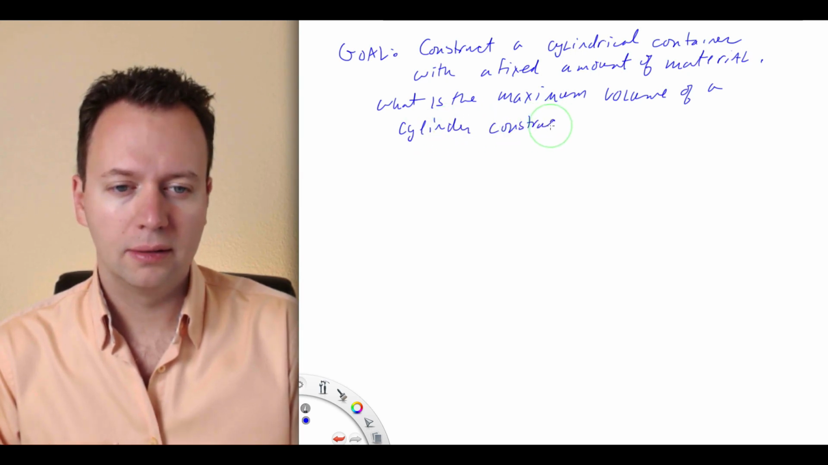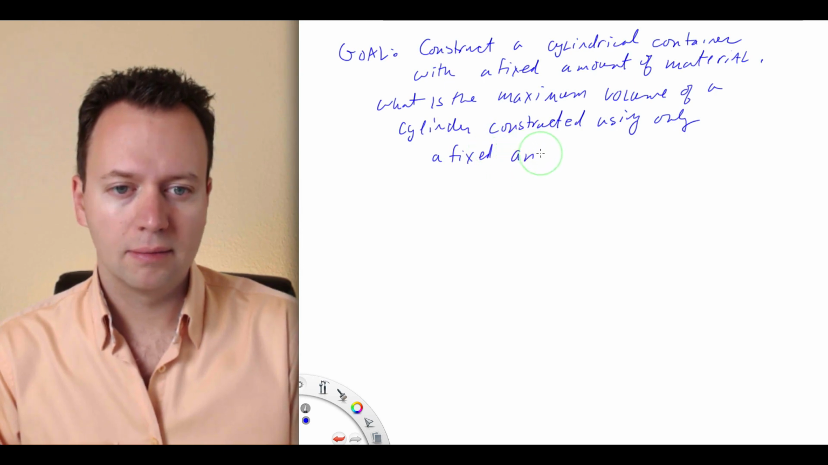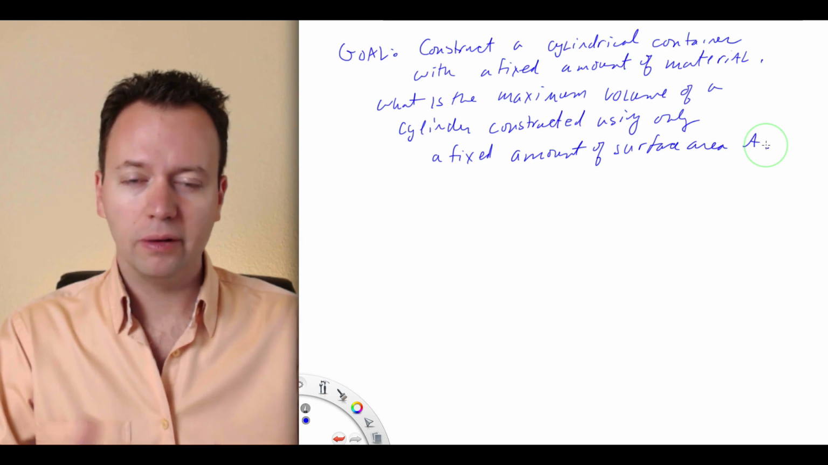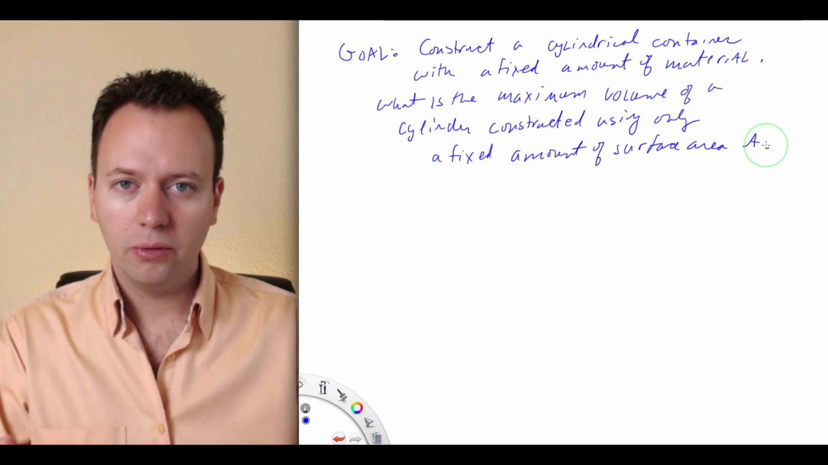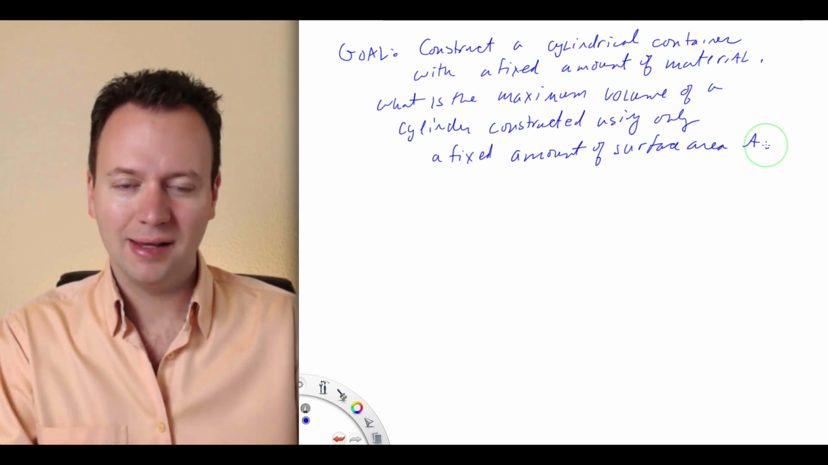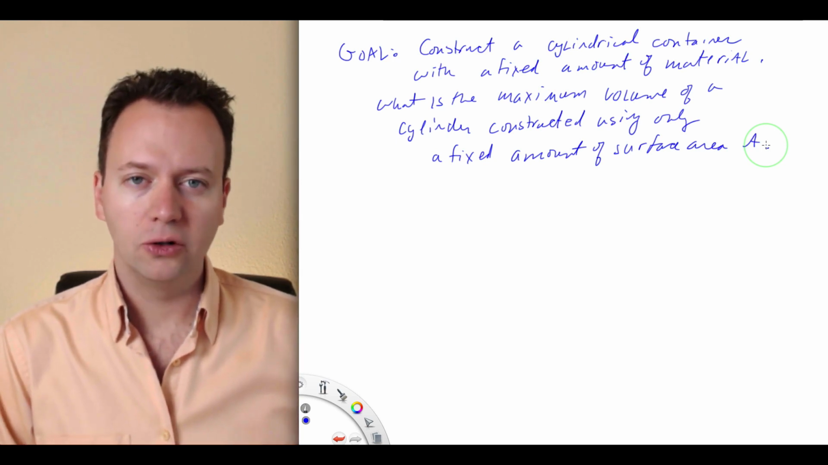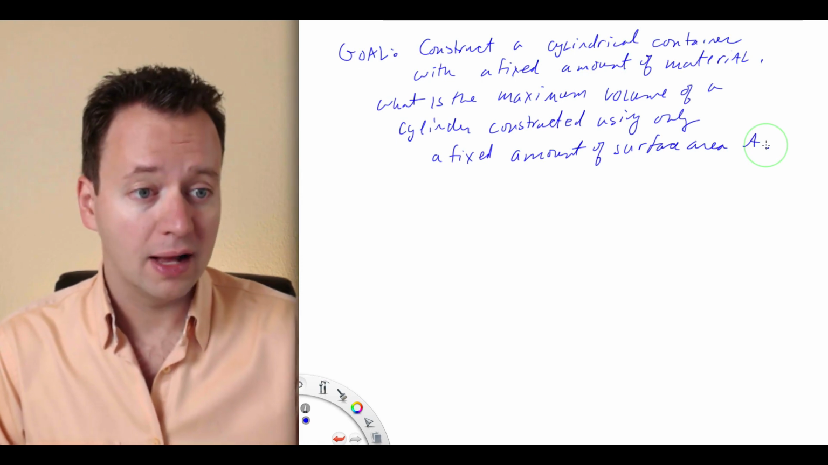constructed using only a fixed amount of surface area A. So we have so much material, like say metal. We have so many square inches of metal, and we can cut it and piece it however we want, and then we want to take that metal and form it into a cylindrical can. So basically the total surface area of the can is going to be fixed to some constant, which we'll call